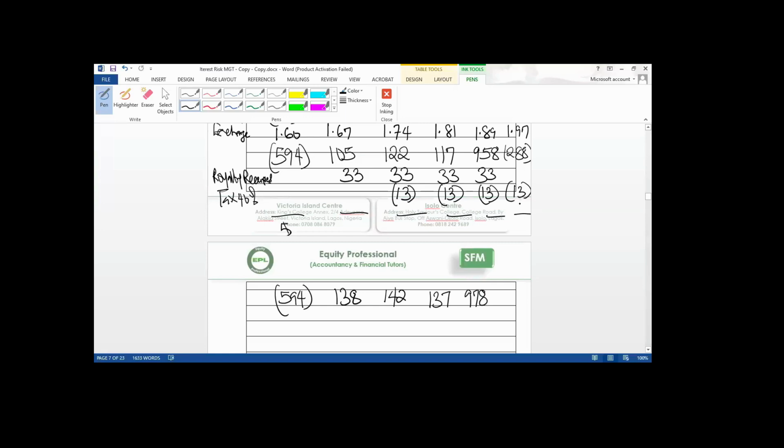What do I have here? 301 negative. This is the